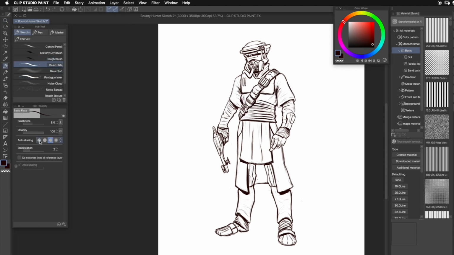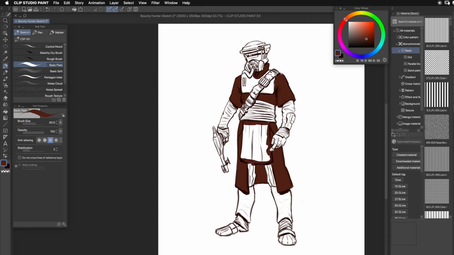The other bounty hunter that I drew was more like a Boba Fett clone trooper style bounty hunter. So I wanted something a little bit different, something that you don't see too often, which is the Princess Leia Boushh style of bounty hunter outfit. Now, when it came to coloring this guy, I wanted to go for that similar approach to